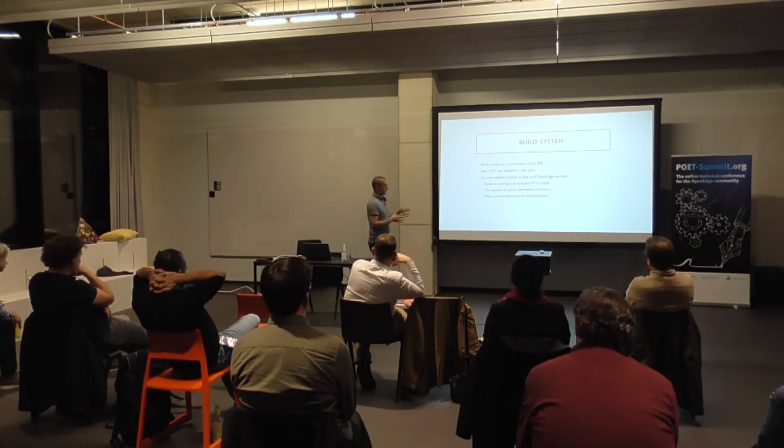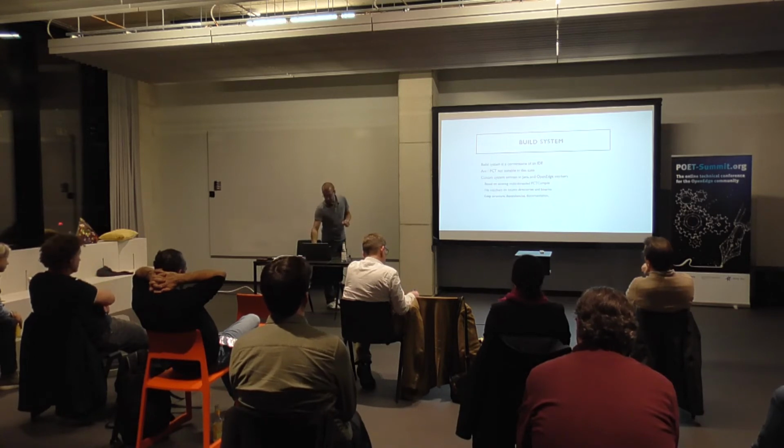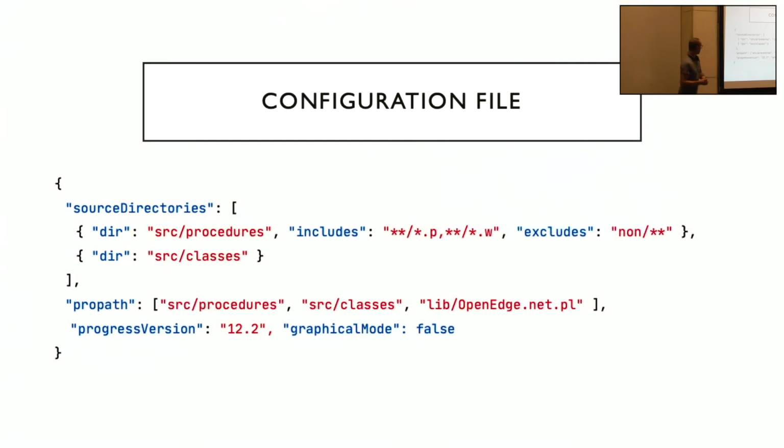So this build system, the prototype has been implemented in the demo, so it's not complete, but there is a very good beginning. The configuration file will be stored as a JSON file, so we expect this configuration to be quite simple right now. So source directories with various directories, include, exclude patterns, so that will be something Ant-like, where you can say I would like to include those subdirectories but exclude other ones. The propath has to be a set of procedures and PL files. Any information will be extracted from here.